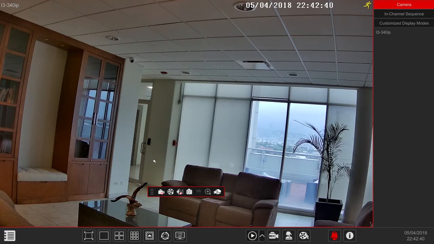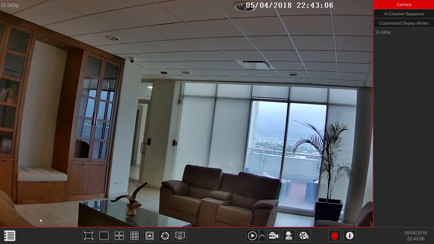In this chapter, we will learn how to configure the analytics function of the system. Notice the analytics must be supported by the IP camera in order to appear in the OSIA interface. The video analytics add to the camera's smart detection capabilities. The advanced image processing algorithms are used to recognize, track, and analyze the movement of people and objects, and respond